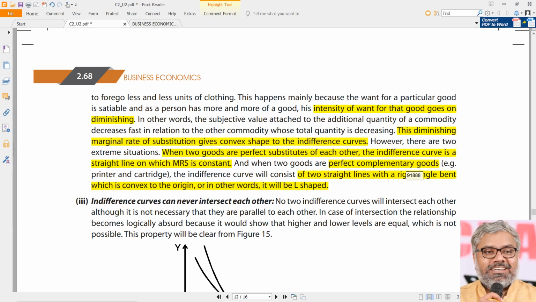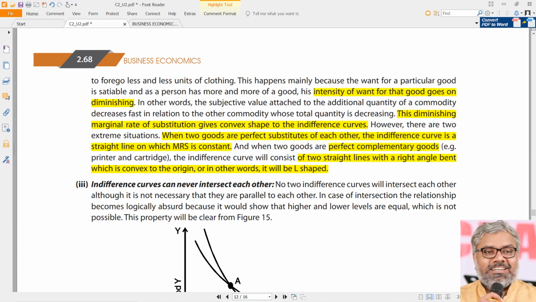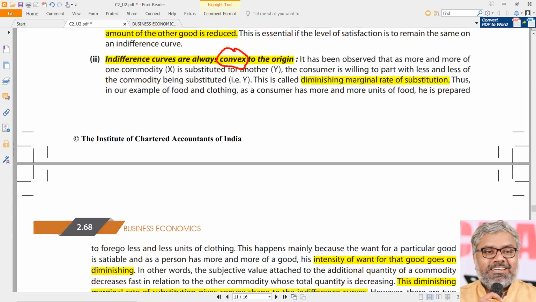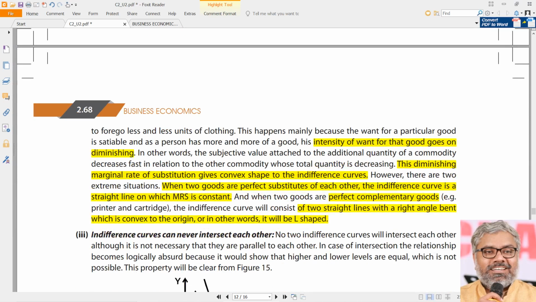But if the goods are perfectly complementary, the marginal rate of substitution would be either 0 or infinite. Then we cannot actually define it. That will not be possible with simple linear functions, what we know, with the 2D diagrams. So that is why we don't need to know the derivation of the shape of the indifference curve related to complementary goods. But yes, what we should definitely remember is it is L-shaped. That we should definitely remember.